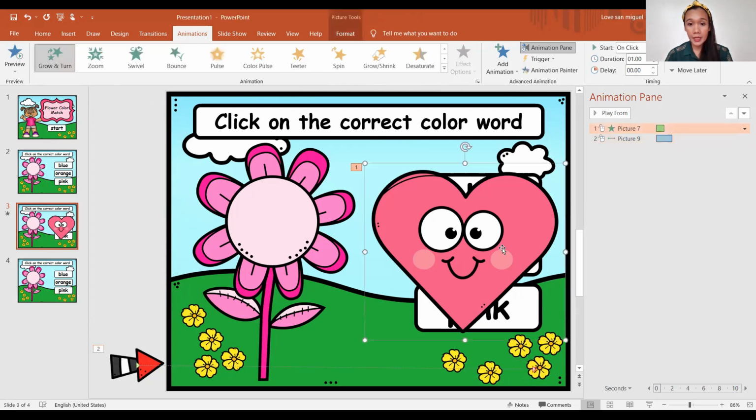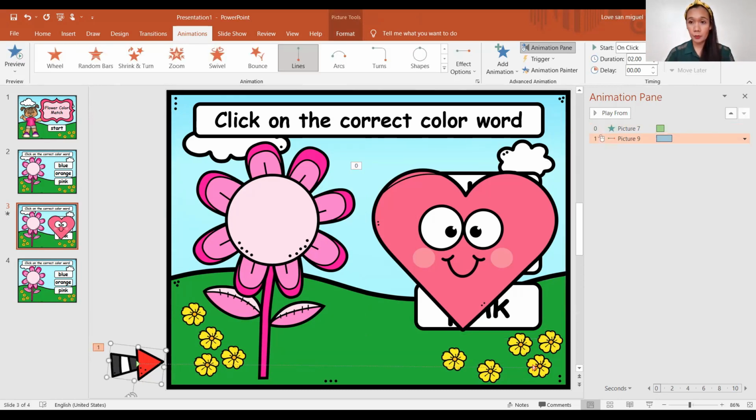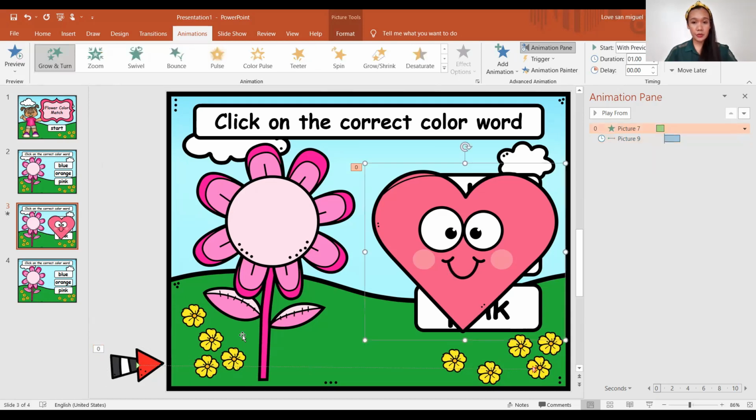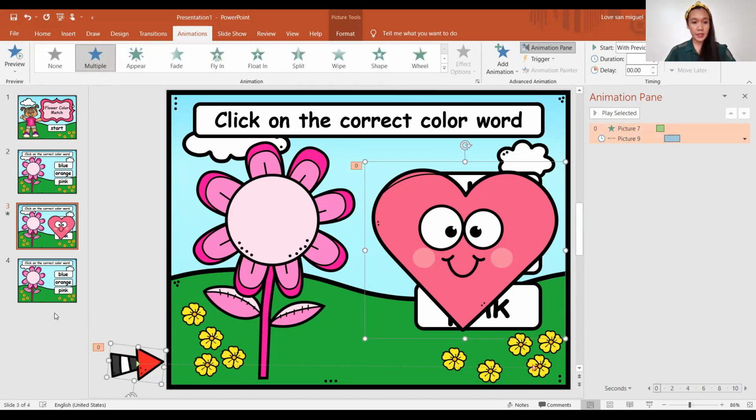And then not only that, let's click on the sticker. Let's change it to With Previous. So that means every time the kid clicks on the pink word, the sticker will appear together with the previous slide. And then we wanted the arrow to appear after the sticker appears. There you have it. So let's click both of them, the sticker and the arrow, Control C again, and